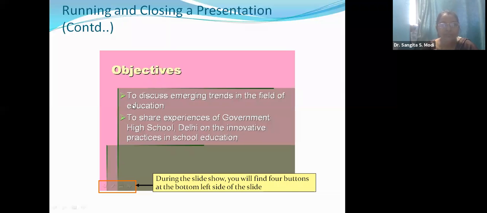Next is the object. This is the slide. During the slideshow, you will find 4 buttons at the bottom left side of the slide. So these are the first, second,